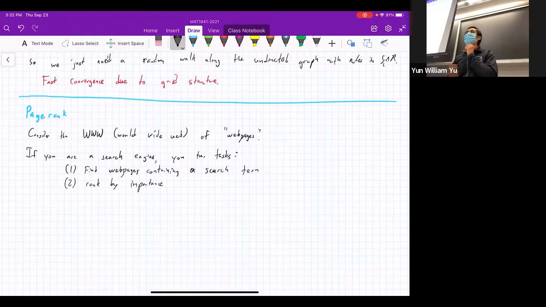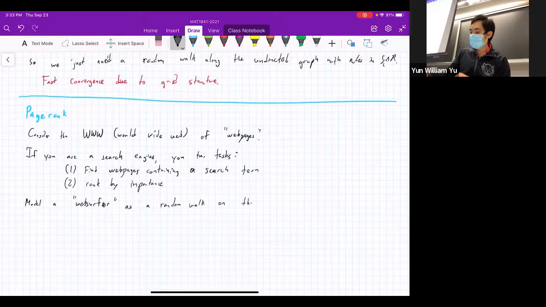Another thing you could do, though, is take these ideas that we've learned about from random walks. Maybe a web surfer isn't being completely random on the internet, but there's a good argument to be made that you can model someone on the internet as just a random process that's randomly clicking things mindlessly. And if you were to do that, you would end up with a Markov chain. And we know some properties of Markov chains, right? So let's model a web surfer, that's someone who surfs the web, as a random walk